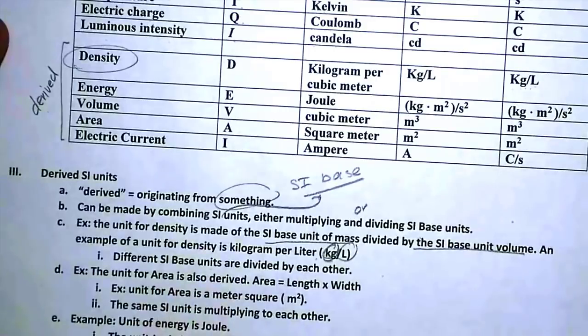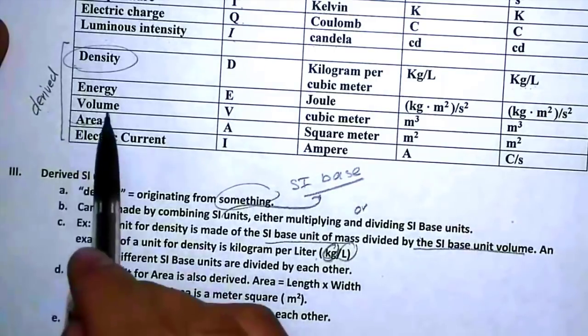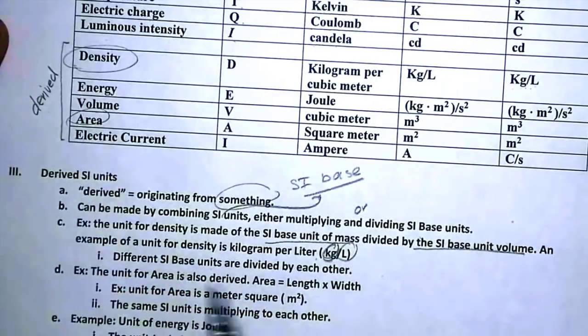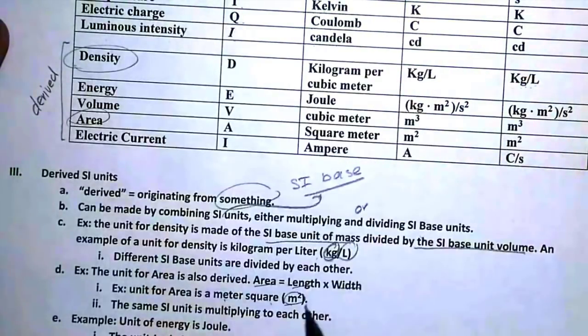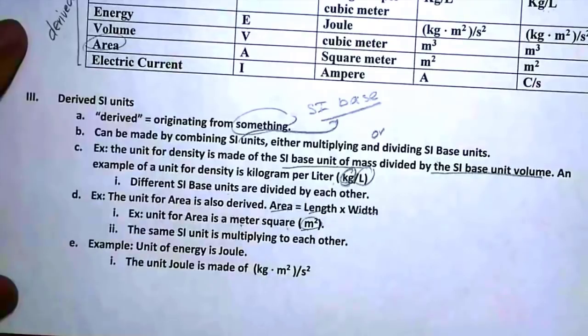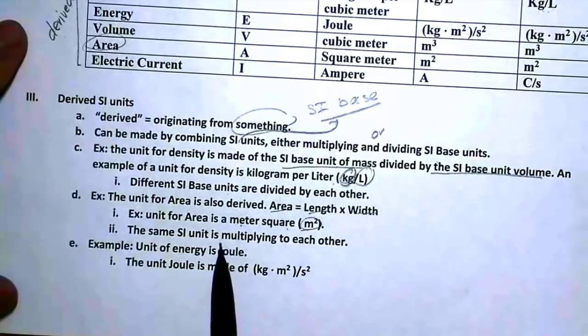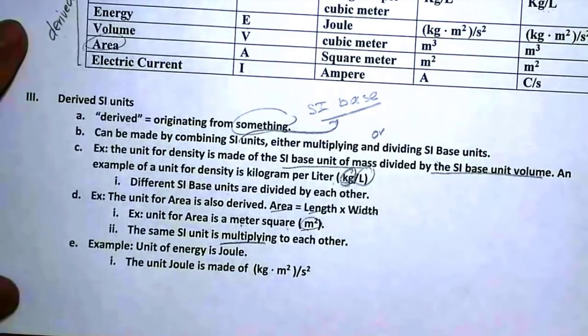Let's look at another example. Let's look at area. The unit for area is also derived. We know that area is equal to length times width. An example of a unit for area is meter squared. Now meter is the SI unit used to measure distance, right there. So if we take meter times meter, we have meter squared. So in this case, you can have the same SI unit multiplying itself to generate a derived